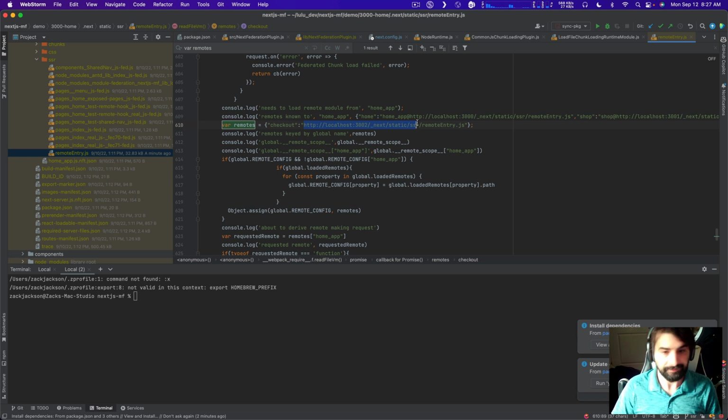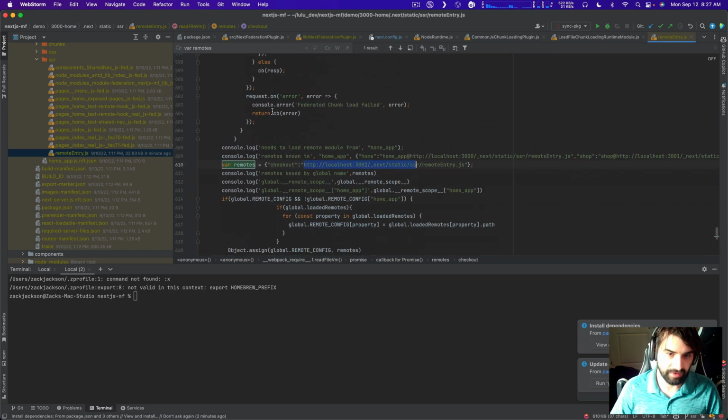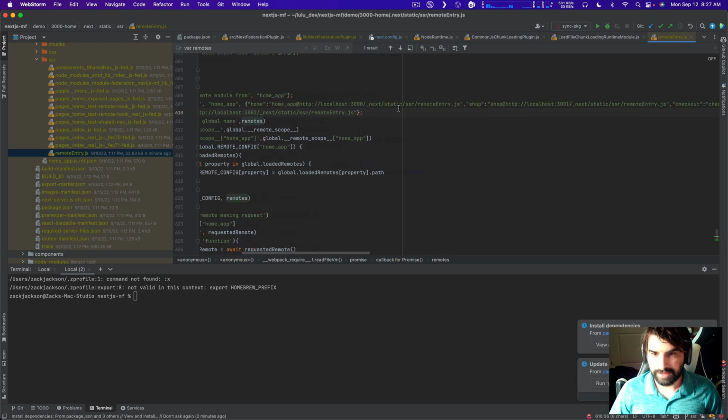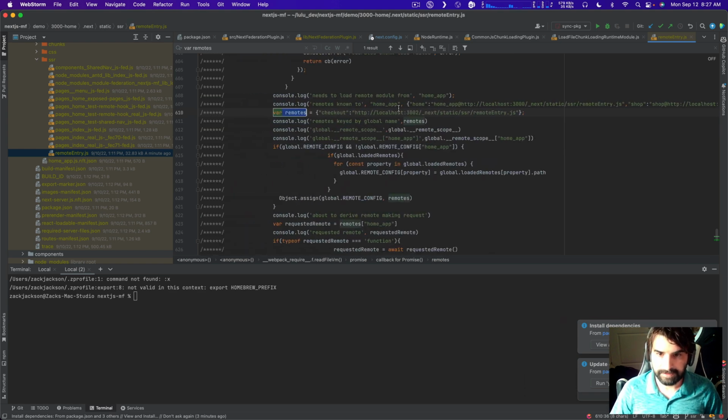So the plan here is going to be to try and create some kind of a registry system where all of the remote chunks are essentially loaded into some kind of a global scope. And to do that,